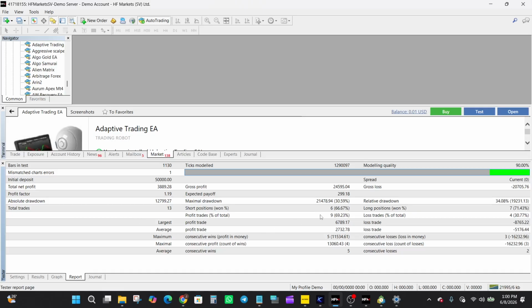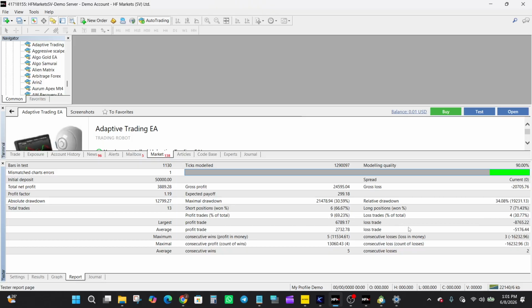Short positions were 6 with a 66.67% win rate. Long positions were 7 with a 71.43% win rate. And the largest profit was 6,789.17. Largest loss was 8,765.22. The average profit 2,732.78. Average loss